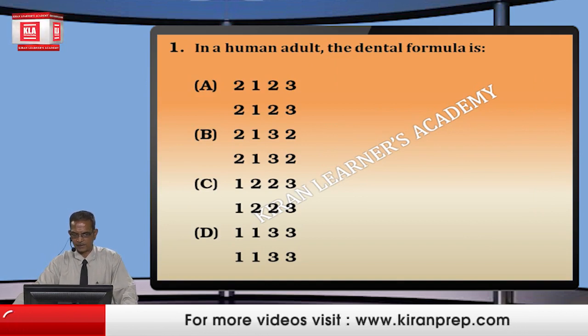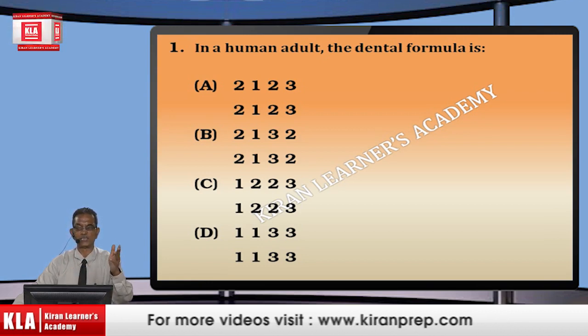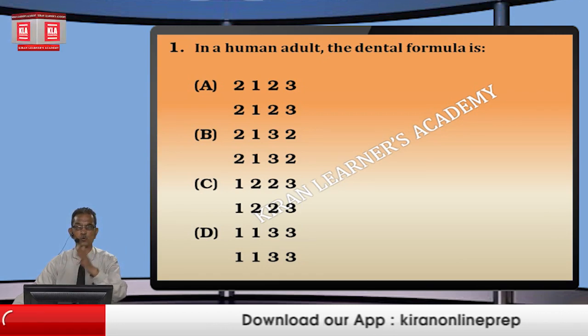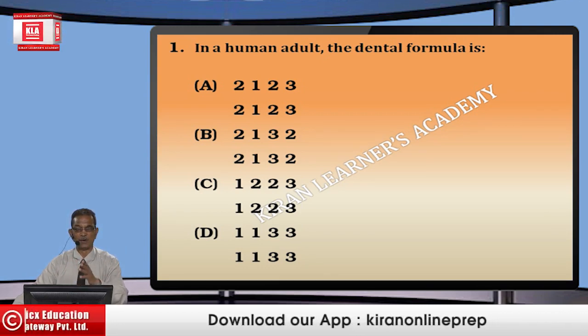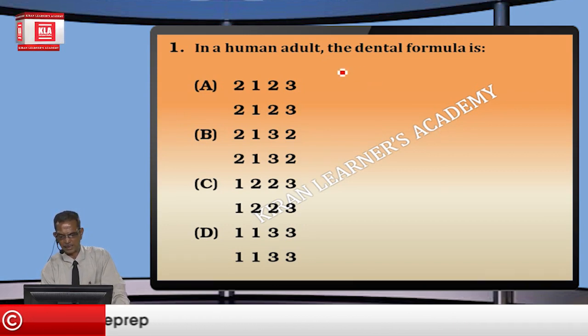In a human adult, the dental formula means the number of teeth, like a chemical formula. If we write CaCO3 or CO2, it means one C, two O. Same way, we have the dental formula, right? Which starts with incisor, canine, premolar and molar. The order is incisor,